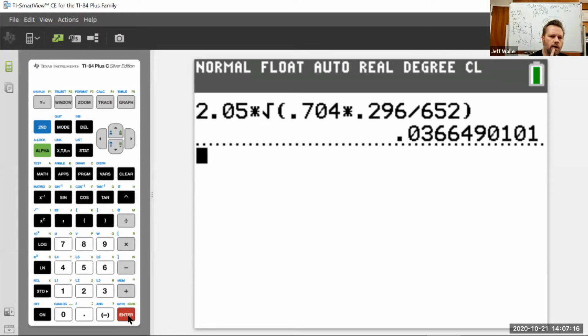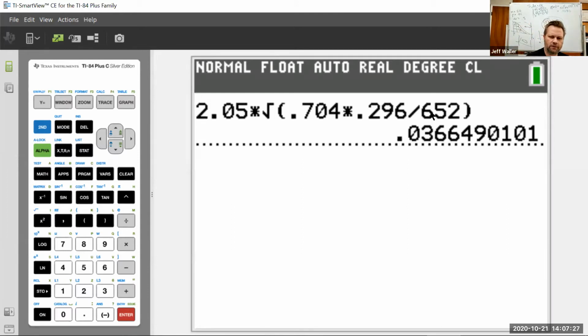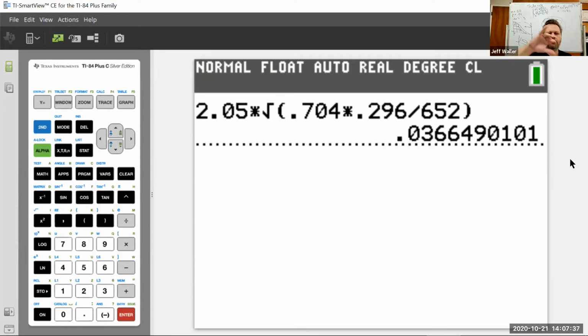4%. And if you've ever seen this anywhere, it's either 3 or 4%, because 652 is a normal survey size, somewhere from 600 to 1300. So you almost always see this plus or minus 3 or plus or minus 4 at the bottom of the article.